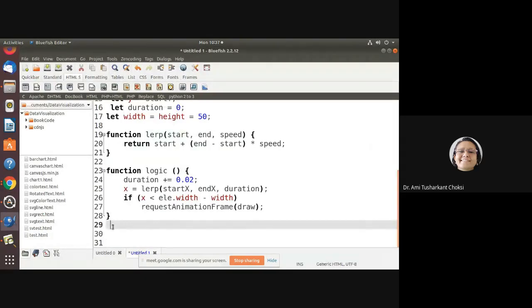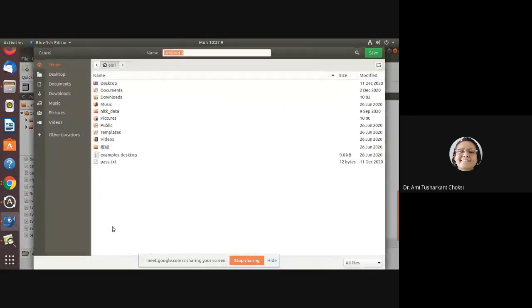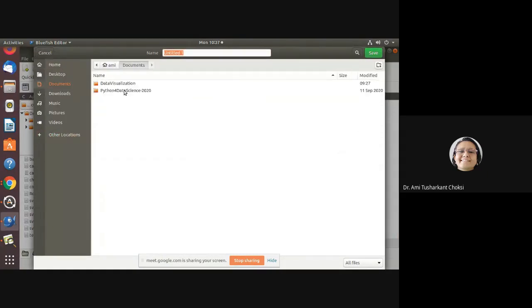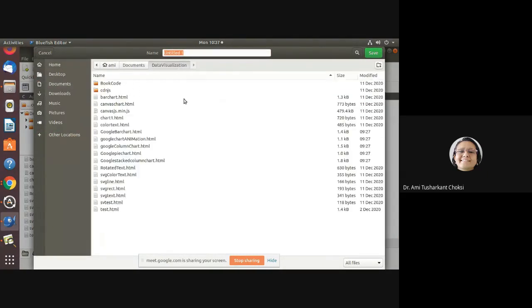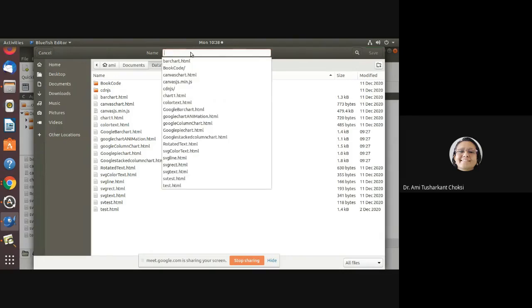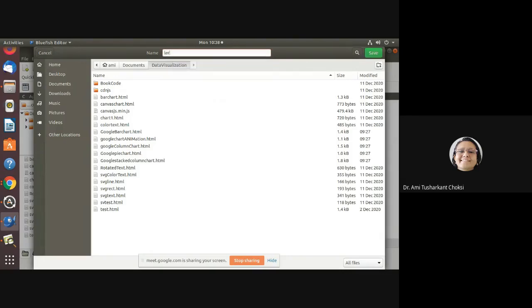Now putting it all together, that is for linear interpolation. Let me put it here. Say LERP dot HTML. Here it is. LERP dot HTML.